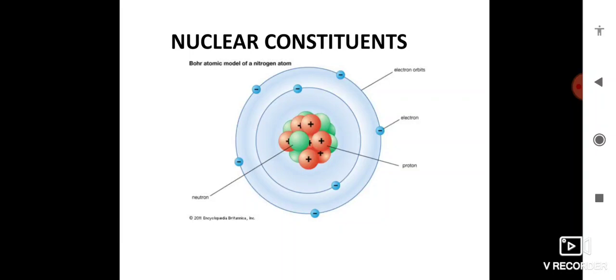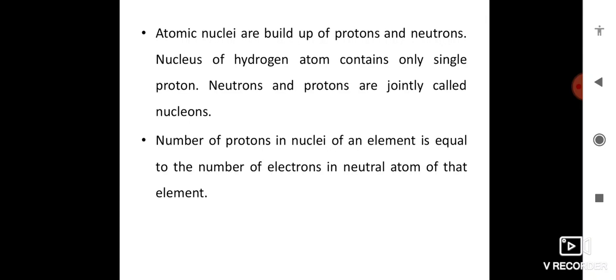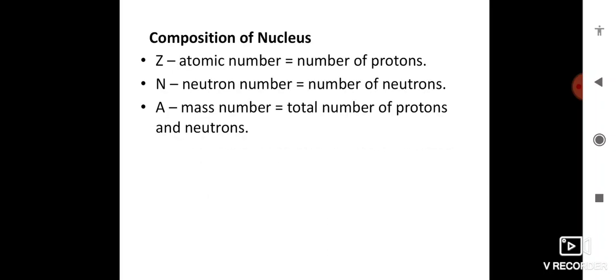Here the number of protons in an atomic nucleus is called the atomic number, that is denoted by the letter Z. Here an atom is electrically neutral, hence the number of electrons orbiting the nucleus is equal to the number of protons. Here Z gives the number of protons present in the nucleus, and the total number of protons and neutrons